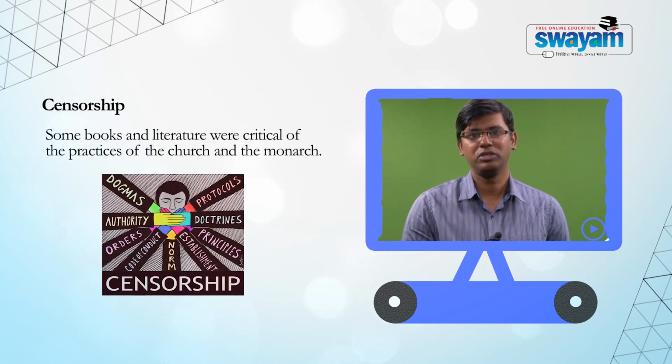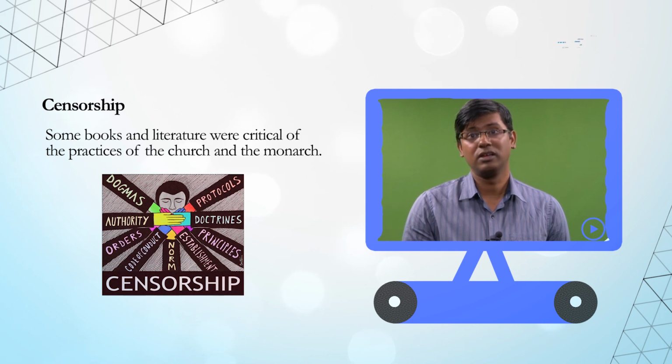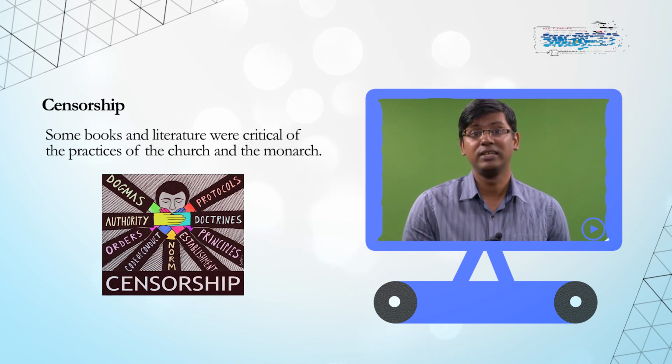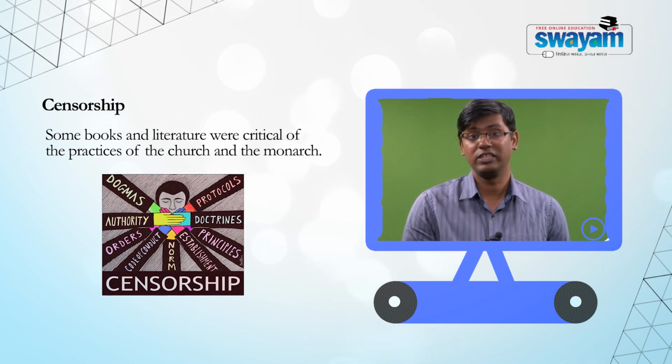Unfortunately, when the printing press came into being, there was definitely a spurt in the number of books that were published. It basically meant that there was a lot of flow of information, and it was at times difficult for the royalty to control what is being printed. Even the church was concerned as to what is actually being published. As a result of the spurt in the growth of publishing, you had the censorship regime coming into play.